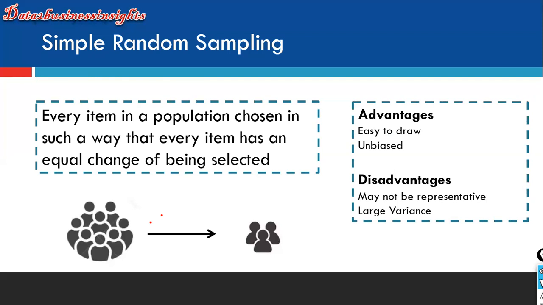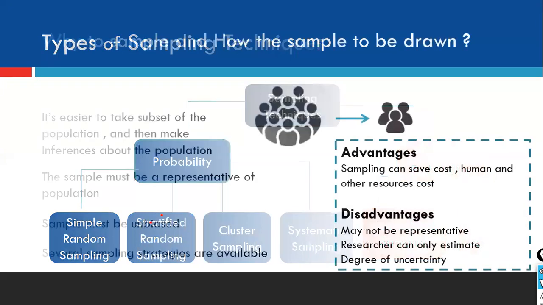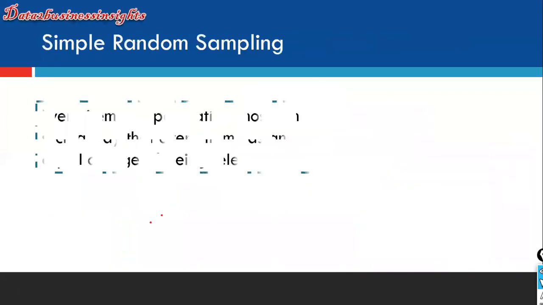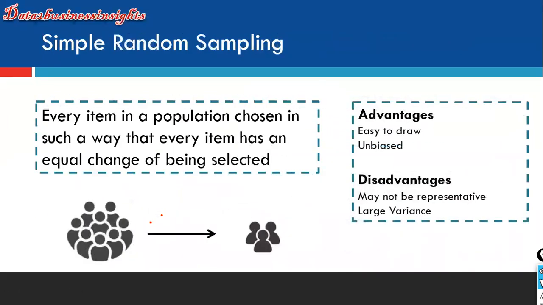Simple random sampling meets one requirement. What is the prerequisite to draw a sample? The sample must be unbiased. Since you are closing your eyes, yes, it is unbiased, but it is not representative. What do you mean by representative? Let's say you want to run a survey to understand the average amount spent by the population in a specific area. Let's say in Thiruvanmiyur in Chennai,